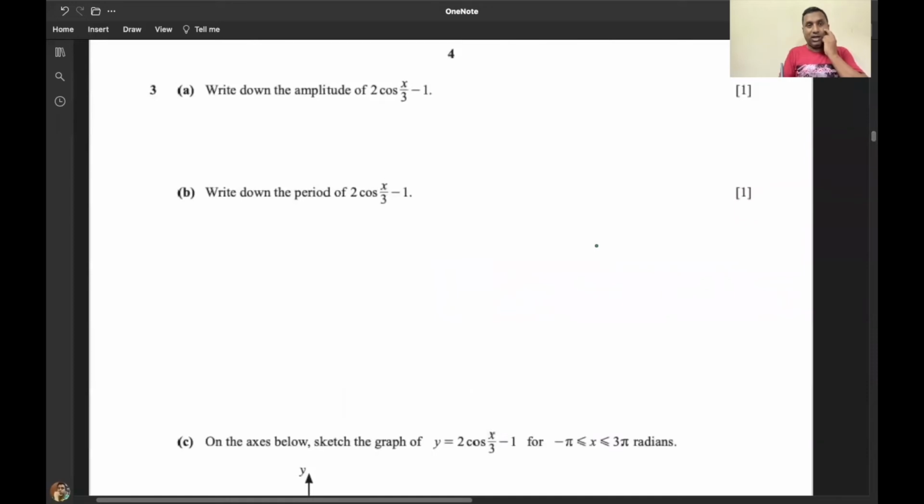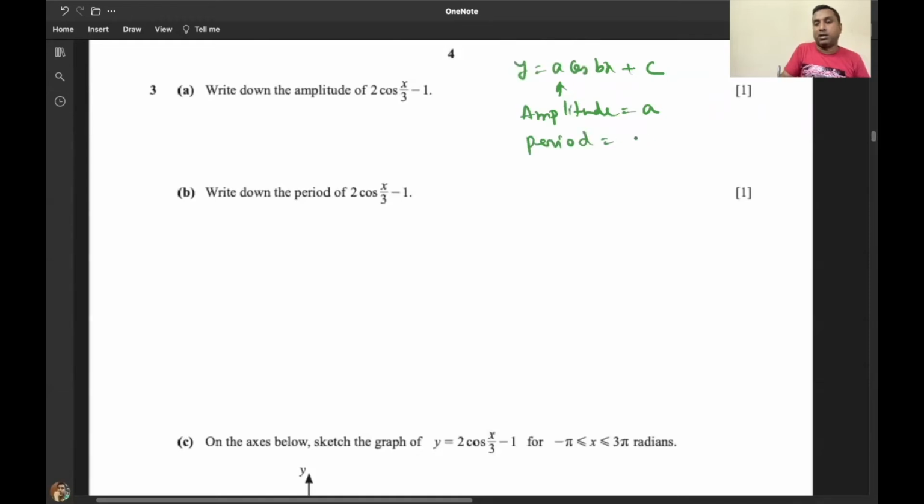See here, write down the amplitude of 2 cos x by 3 minus 1. Okay, let us see our basic knowledge. y equals a cos bx plus c. In this case, a is called the amplitude, that is a, and period